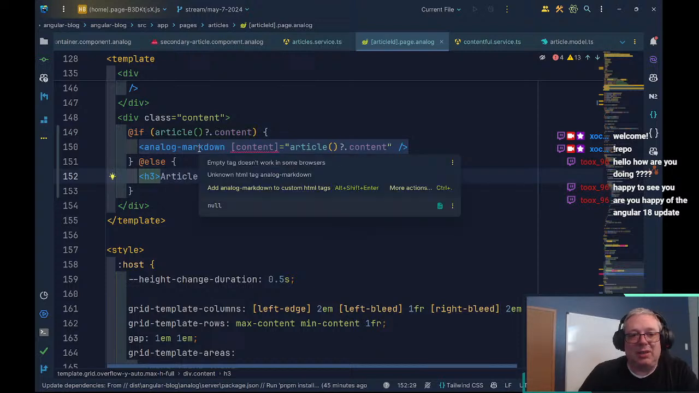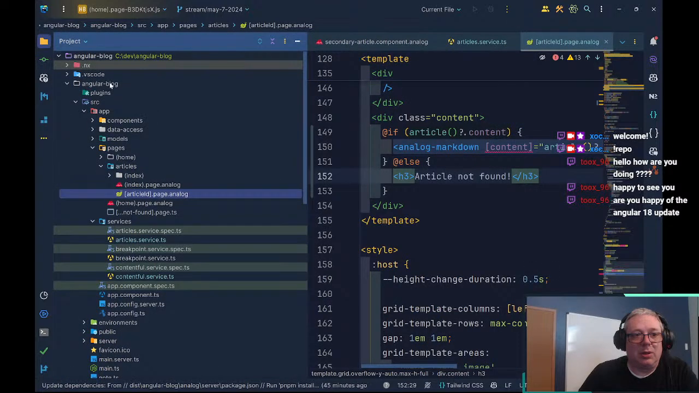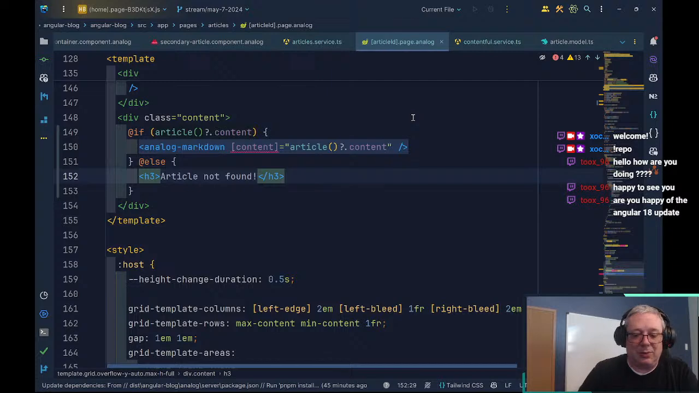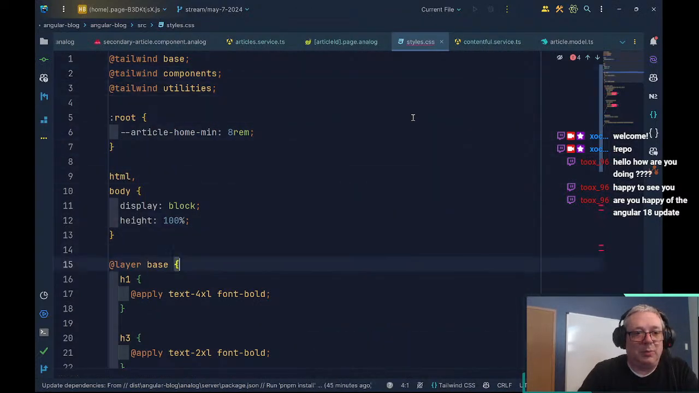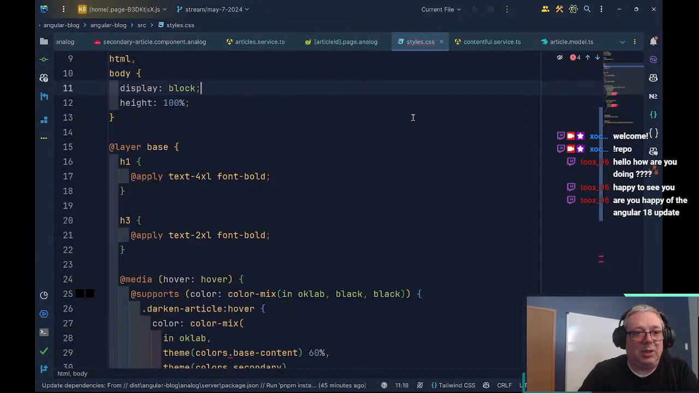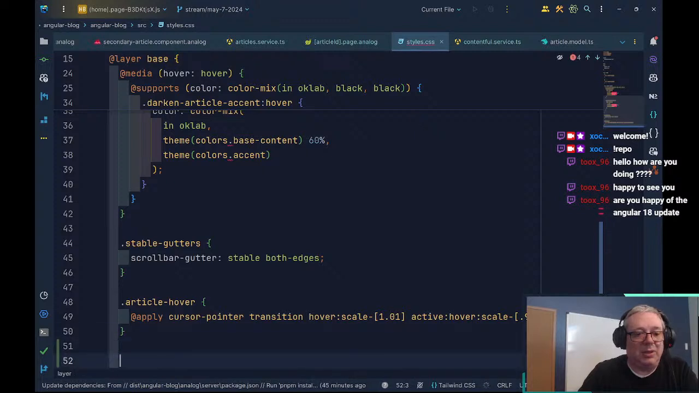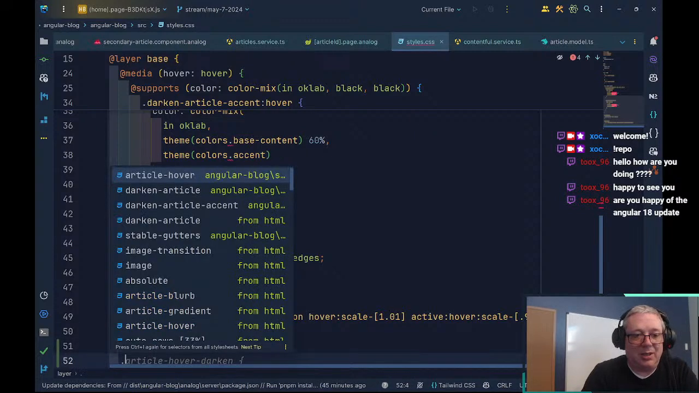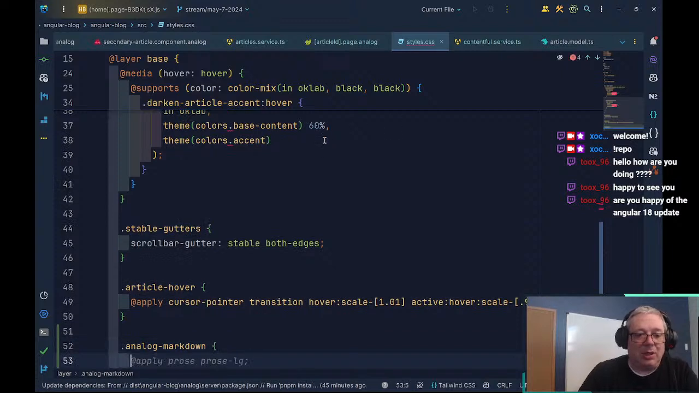So we've got this analog markdown. What time is it? I can end at 8. That'll be fine. So let's go to our CSS class, styles.css. And in our base layer, here, we can just add analog dash markdown. And maybe